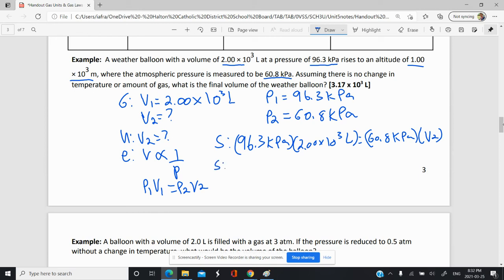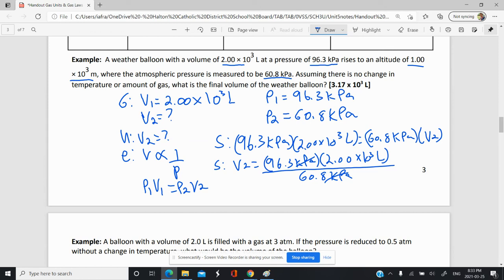So V2 is equal to 96.3 kilopascals times 2.00 times 10 to the power of 3 liters over 60.8 kilopascals. We can cross those units of pressure out, and we're left with a volume. So we get 96.3 times 2.0 times 10 to the power of 3, divided by 60.8,